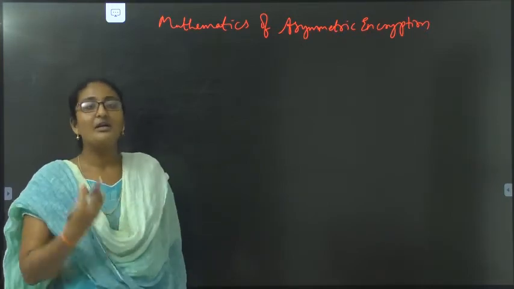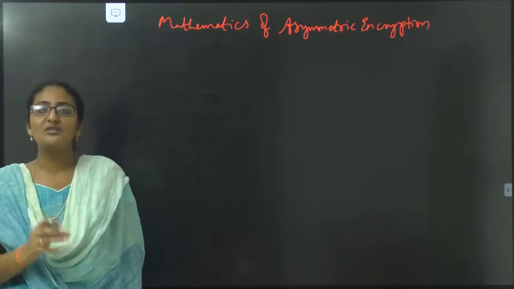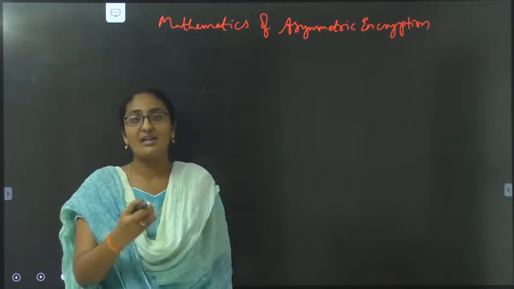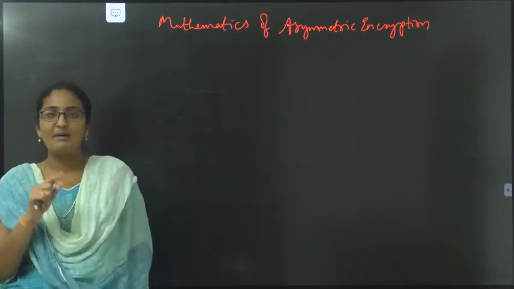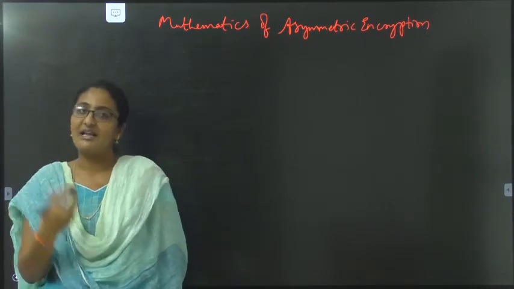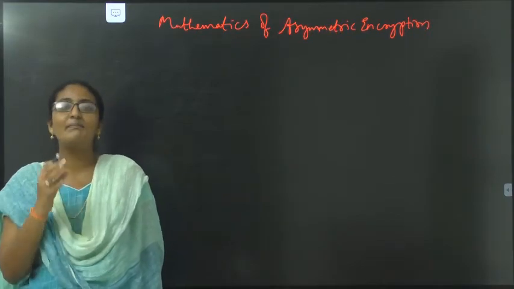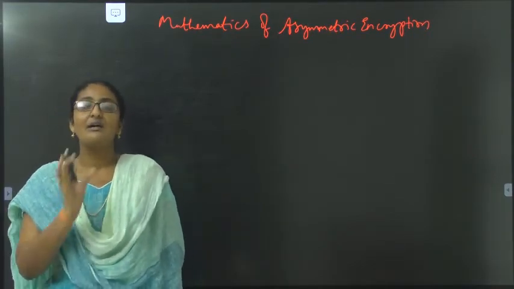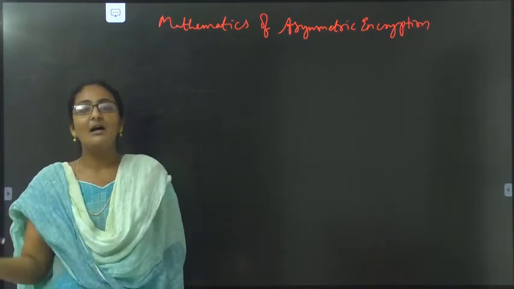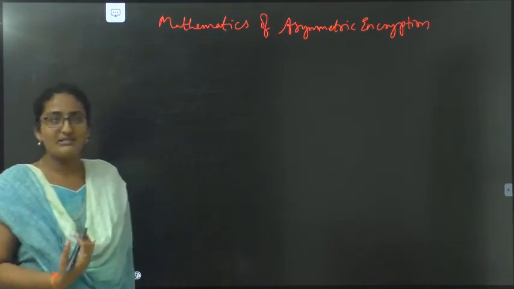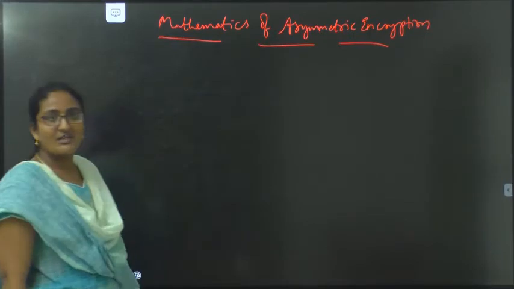As of now, you know the DES algorithm and the AES algorithm. Both come under symmetric encryption, because there we use only one single key. Here we use two different keys, public key and private key, and an example is the RSA algorithm. Till now we have learned the basics of cryptography and network security: what data is, what the attacks on data are, and how we can solve them. We are in unit 3, and if we discuss mathematics of asymmetric encryption, unit 3 will be completed.